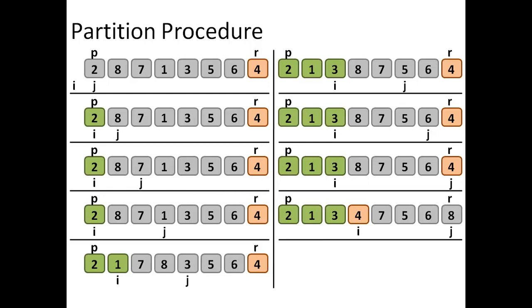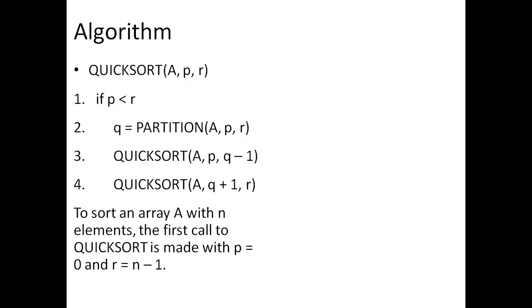Now the process of quicksort gets repeated for each of the two parts, that is the left part and the right part of the array, separately. That is, the left part will have elements 2, 1 and 3, and the right part will have elements 7, 5, 6 and 8. We have to apply the quicksort algorithm on these two parts separately. The same has been shown with the help of the algorithm here at line numbers 3 and 4, where we are calling the quicksort procedure again for the left part and the right part of the array A, which is partitioned at an index Q.